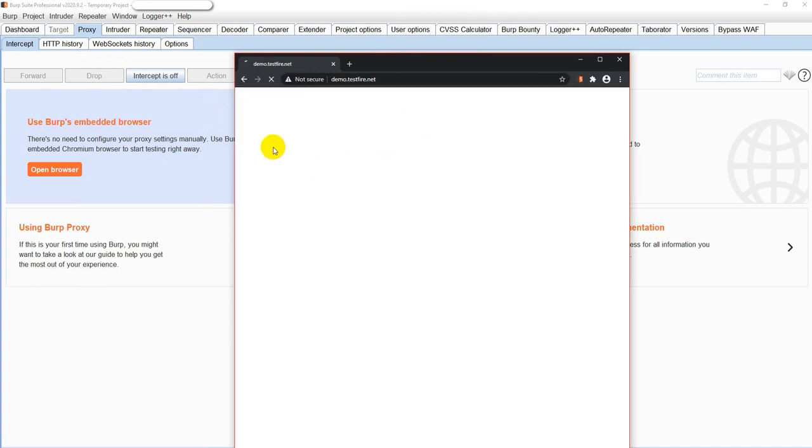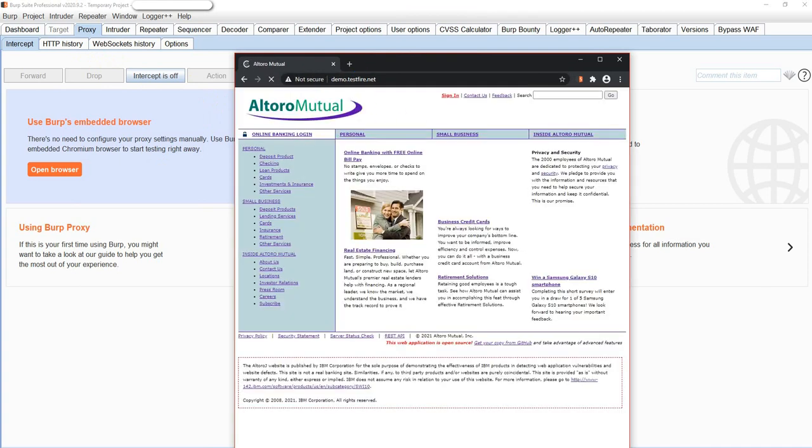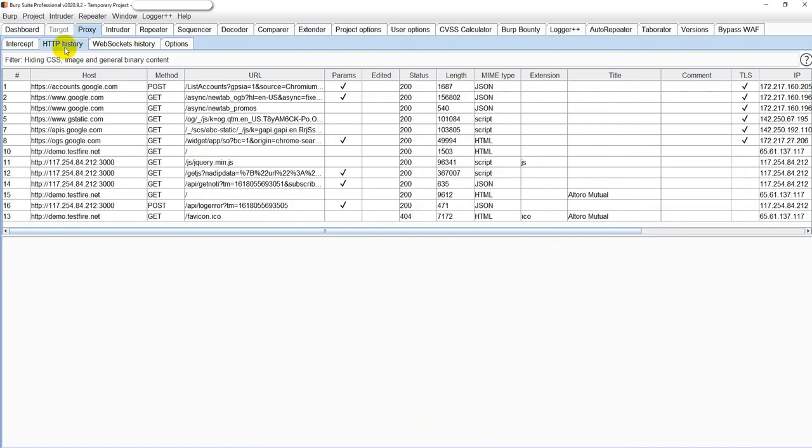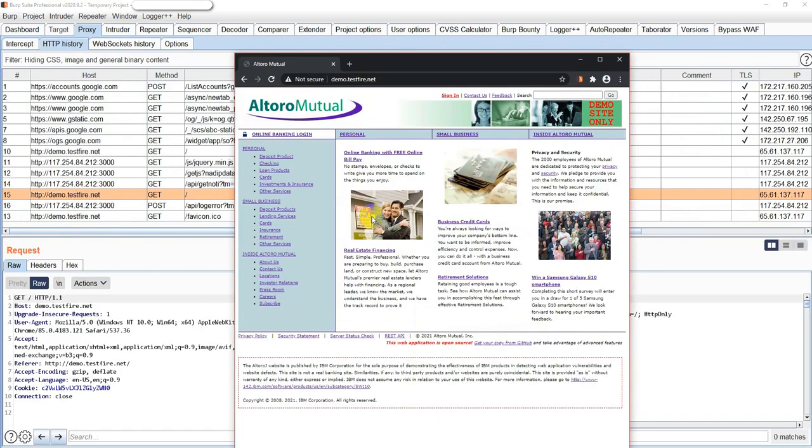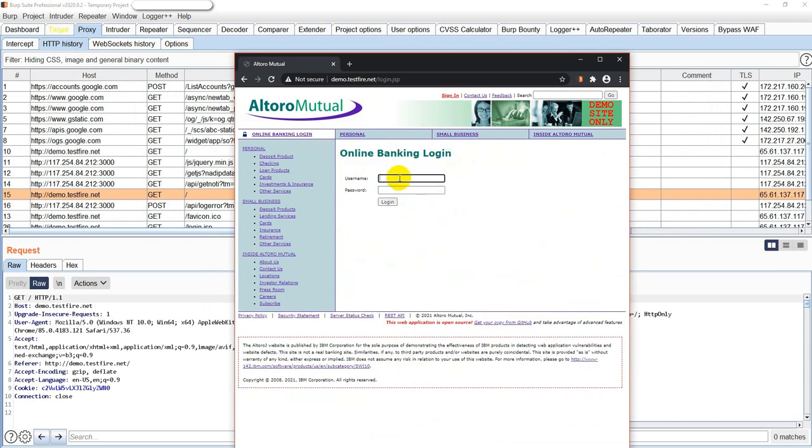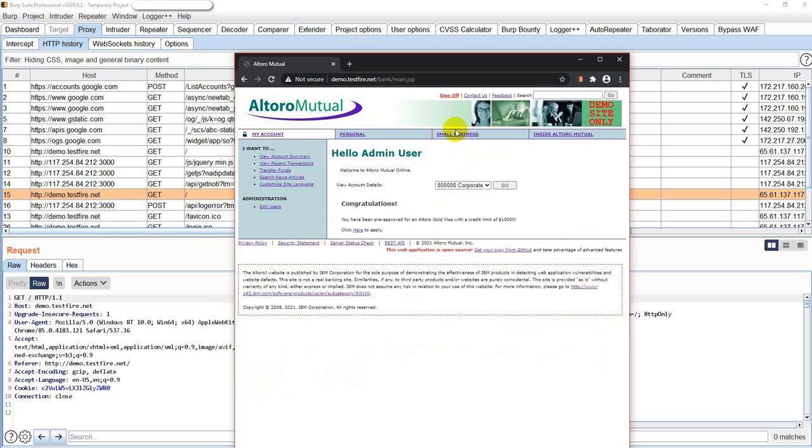Okay, so the moment you open demo.testfire.net, you can see that in the history it is capturing all that traffic, right? You can also go for, okay, let's say I'm going for this sign in feature. The moment I click on sign in, it's pretty much the same stuff that we are already using with our Burp Suite Community. So let me just go ahead and perform admin login, and yeah, so it is taking me to the admin user. So let's just go ahead and try scanning this feature or even crawl.